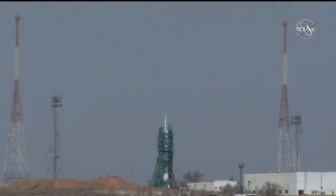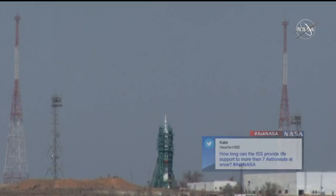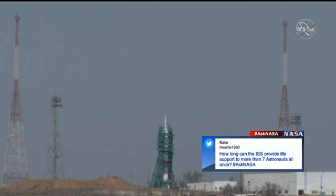Our first one comes from Kate, who wanted to know, how long can the station provide life support to more than 7 astronauts at once? That's a really great question, Kate. We don't have a specific amount of time. This is going to be a handover with 10 people on board, so that does put a little bit more